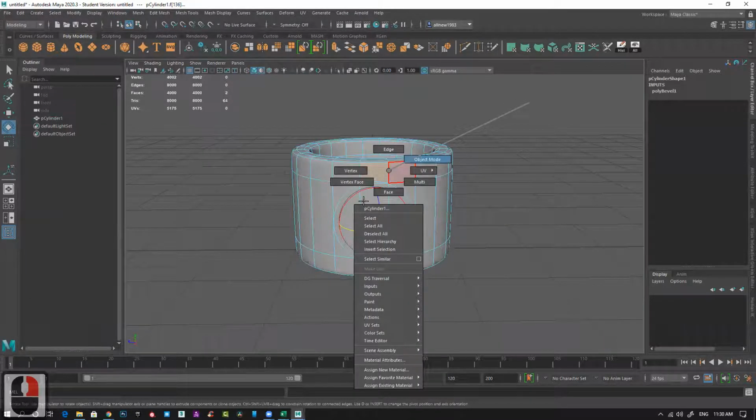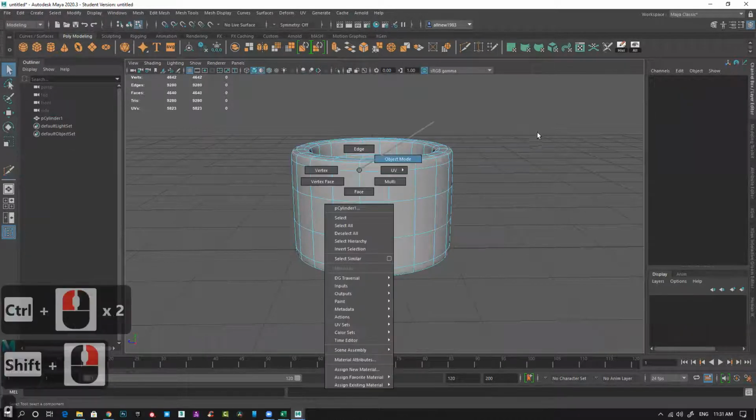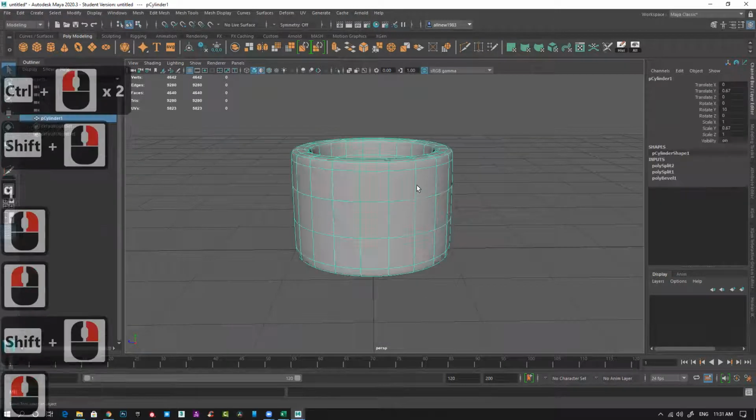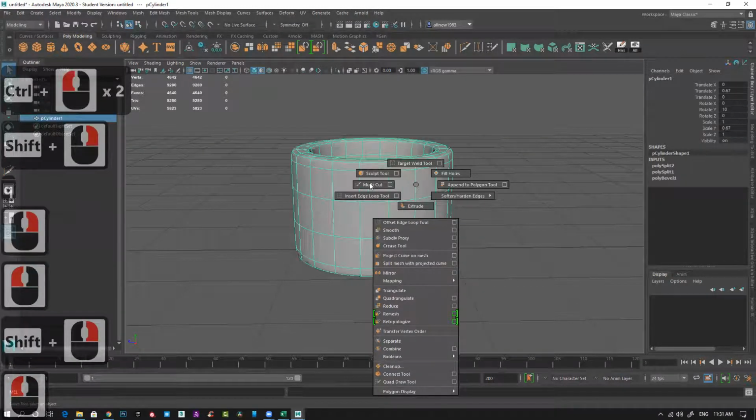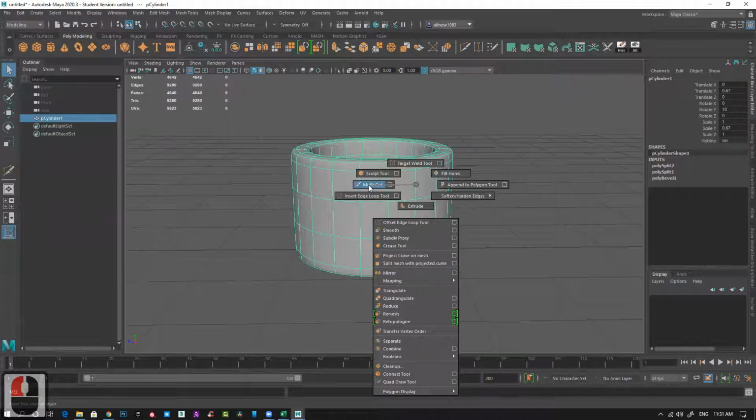If I want, I can add loops. Shift, select the model, shift, right click, multi-cut, right side. You have cutting tool, insert loop tool, and all these options. I want multi-cut. It is exactly like cut tool or swift loop, a combination of cut tool and swift loop.